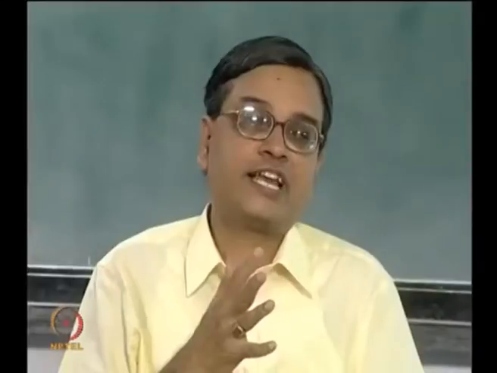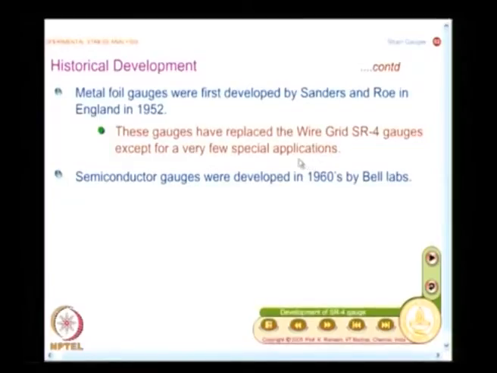You know, the metal foil strain gauge has a lot of advantages. I said that if you want to measure strain at a point, you need to measure the tensor. I need to evaluate 3 quantities, so I need to have 3 equations, so I need to make 3 measurements. So, I need to have strain gauges pre-aligned, and this could be done very comfortably in a metal foil. And also the advantage is the metal foil can be very thin, so that I can have a very high resistance for the strain gauge. There are many advantages. And after the development of metal foil gauges, the major development was semiconductor gauges.